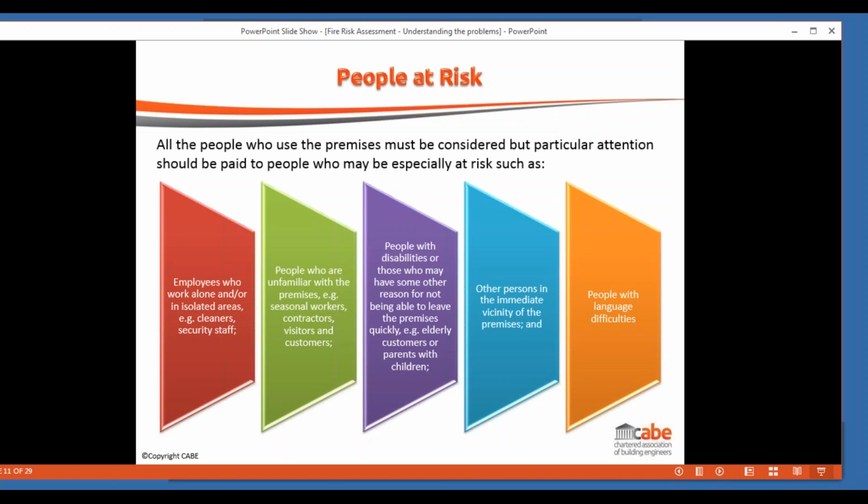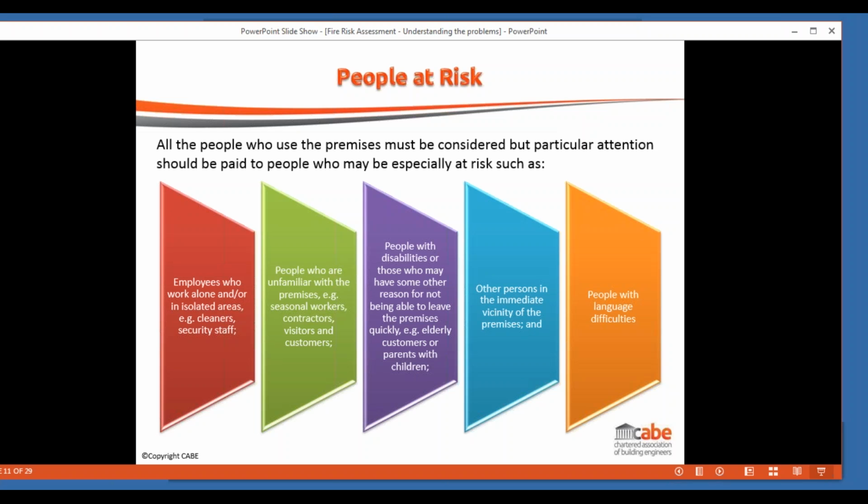We also need to understand whether those people are familiar with the premises, whether they're our staff, whether we've trained them on what to do in the event of discovering a fire, or whether we've got members of the public, how we deal with visitors to the premises, whether it's just the public or whether it's customers or whether it's actual contractors,